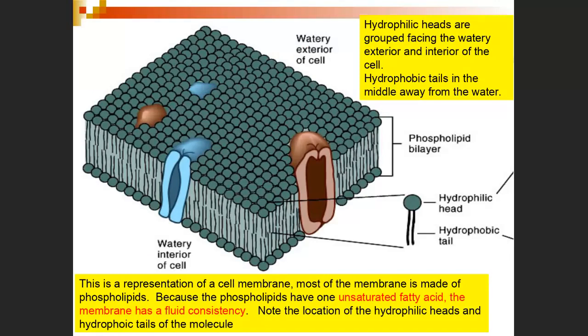If you throw phospholipids in a water environment, these molecules automatically, without the expenditure of energy or enzymes, will form themselves into a membrane shape, a double layer, so that all of the little heads, which are hydrophilic, will go towards the water, and the little tails, which are hydrophobic, will be in the middle, creating this hydrophobic barrier in the middle of the membrane, which can prevent things from entering the